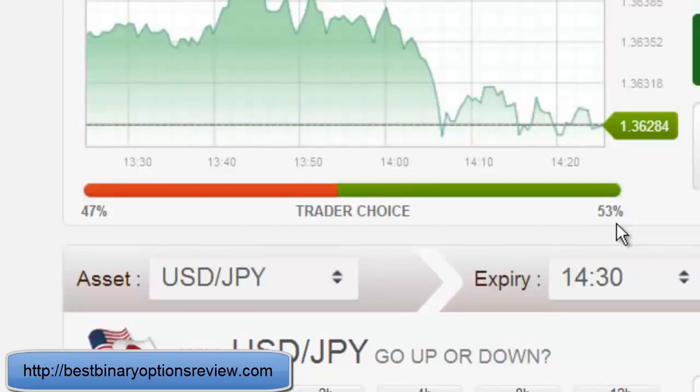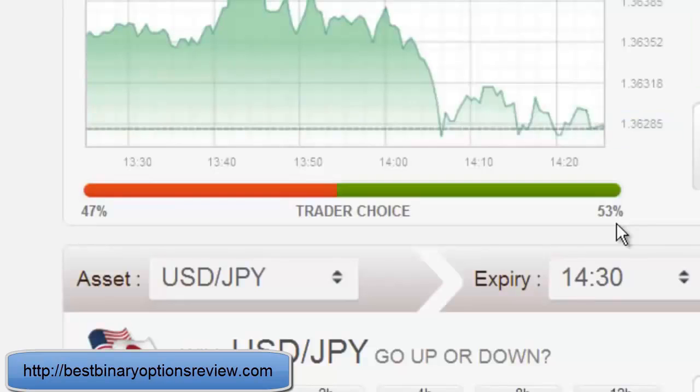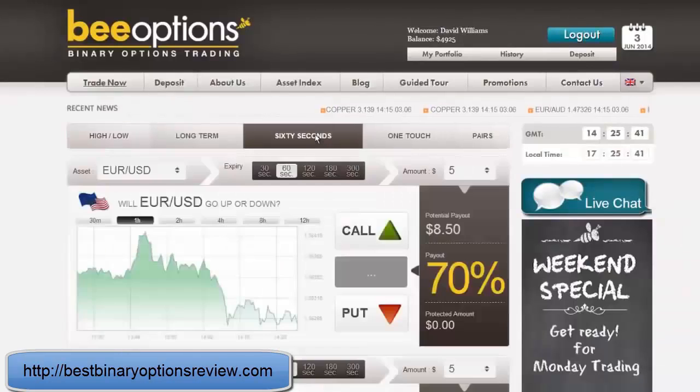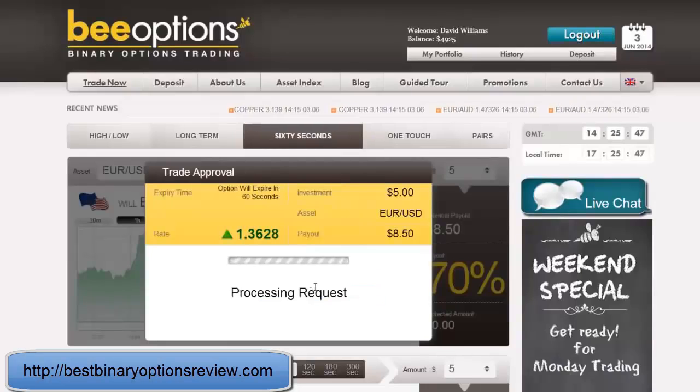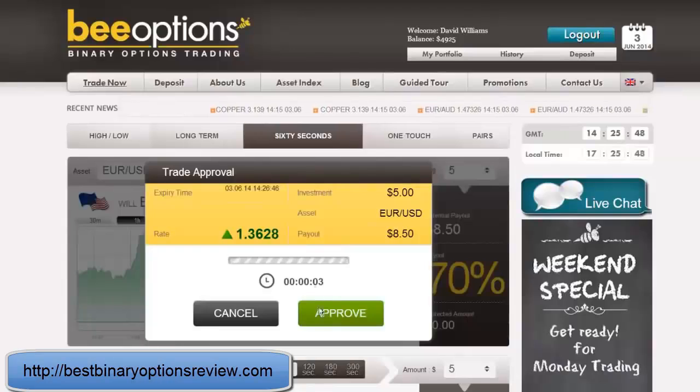Notice that consulting this tool is step number 1. This tool gives you the mainly traded direction, which is call. Okay, the second step is quickly returning to the 60 Seconds tab, entering a $5 trade, and quickly clicking on the call button. The confirmation pop-up appears, and we need to click on Apply to place our trade, and then